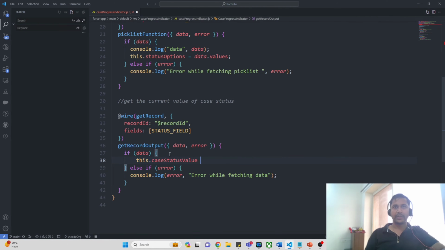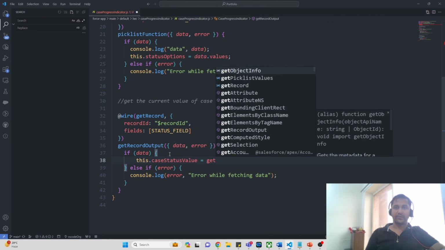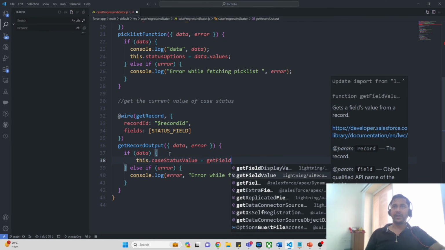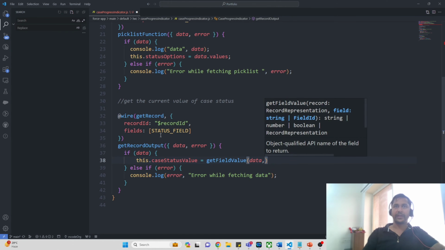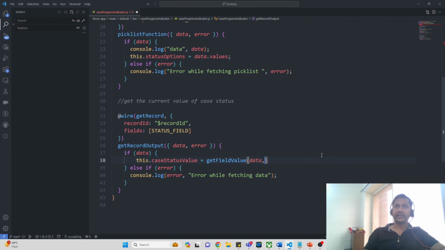This dot case status value is equal to, again, to get the values with the help of get record, we use the method get field value. So here I am using the get field value to get that value. In the get field value, the first parameter that I need to pass is the data from where I need to extract the value, and the second parameter is the field name for which I need to extract the value. This is how you can access the